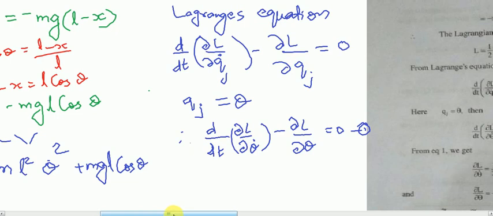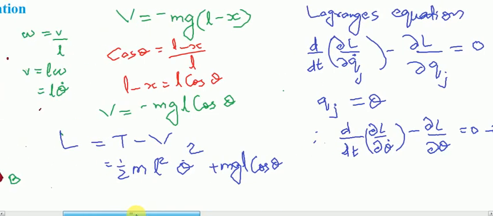where L is the Lagrangian of the equation and L is equal to T minus V. T is kinetic energy of the system and V is the potential energy of the system. So Lagrangian stands for the difference in kinetic energy and potential energy. L equal to T minus V, and Lagrange's equation is d by dt of dou L by dou qj dot minus dou L by dou qj equal to 0. What is qj? Qj is the generalized coordinate, and what is qj dot? Qj dot is the generalized velocity.